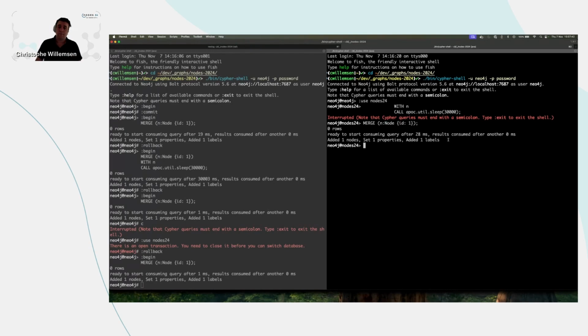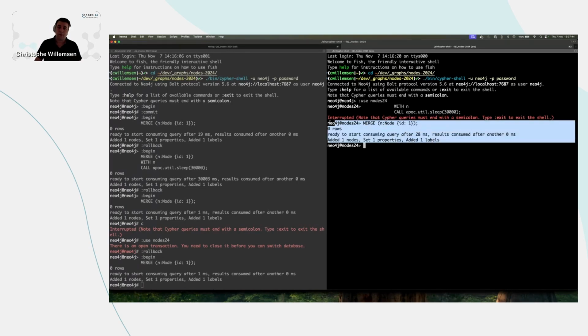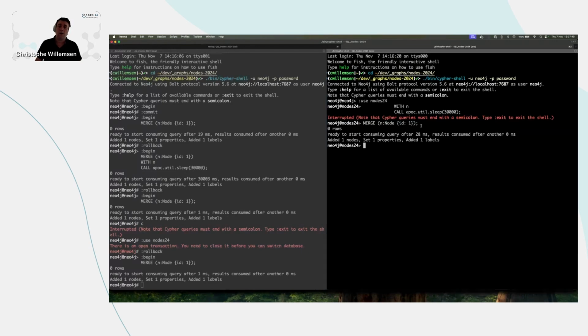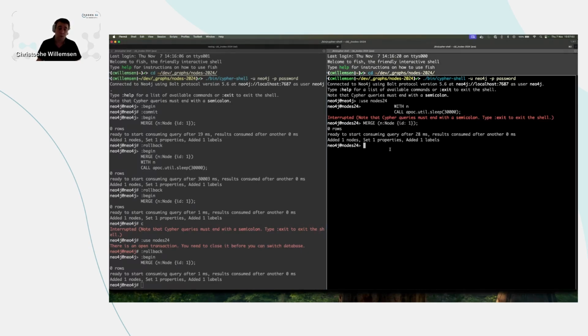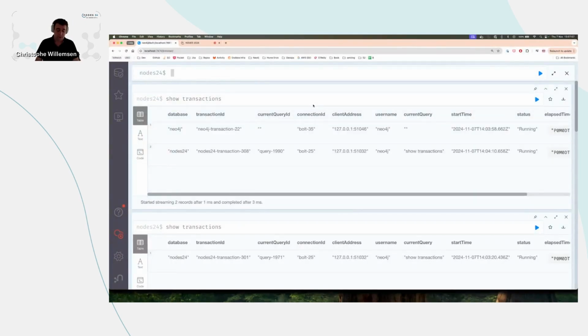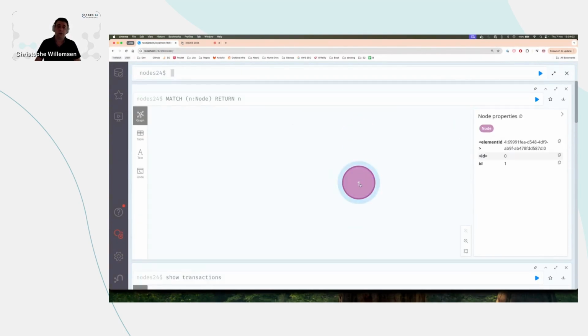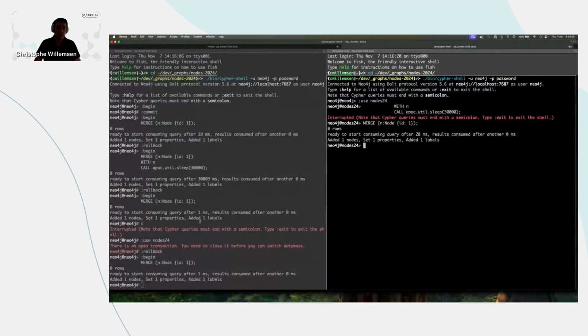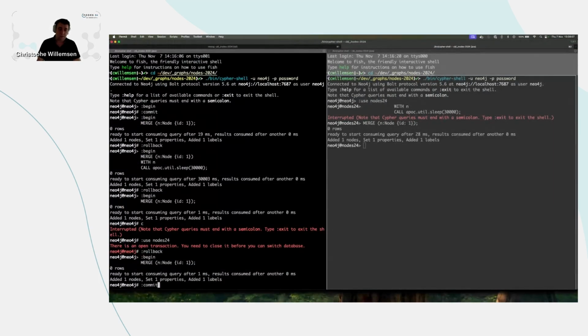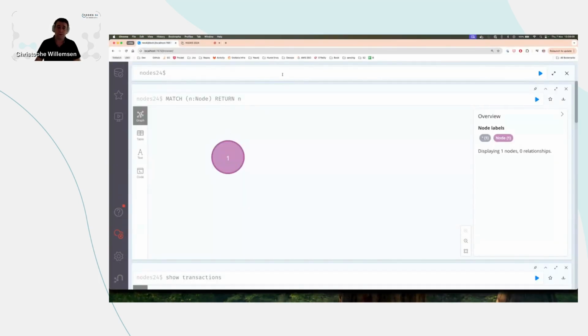And here I didn't start a manual transaction, I just fully ran it, and it created the node, which is surprising because some people think that merge actually prevents creating duplicates. It is not exactly correct, right? So if I go here and return the node, I have one node because the transaction on the left is not committed. So if we commit it, it will be perfectly valid, and we will actually end up